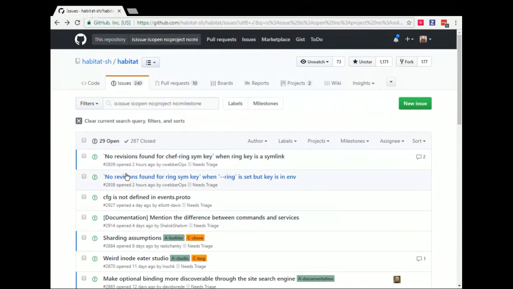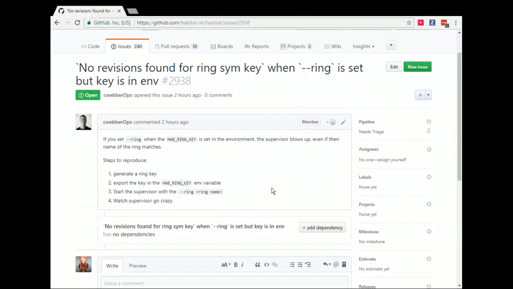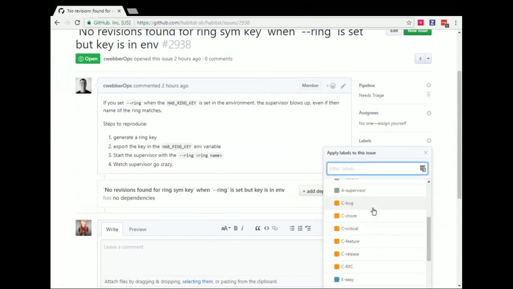And we'll move on to 2938, which I'm assuming is probably going to have the same problem. It's definitely also going to be a bug.